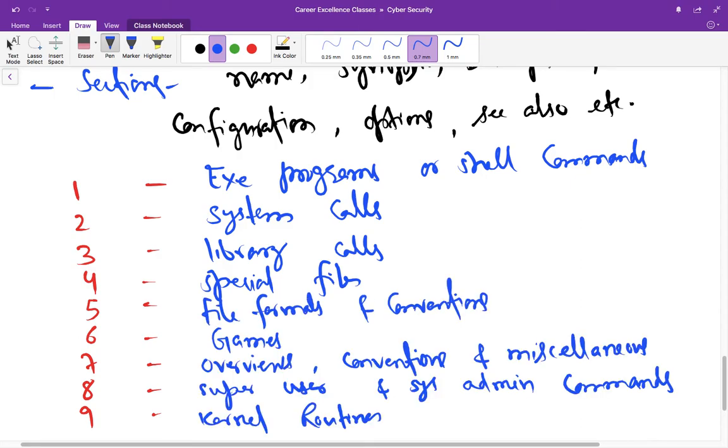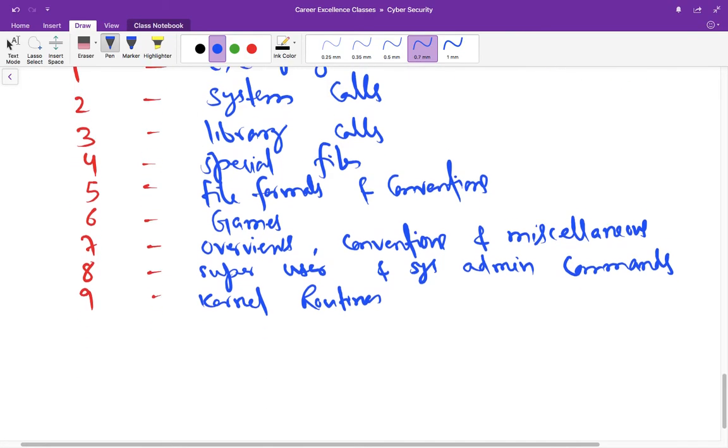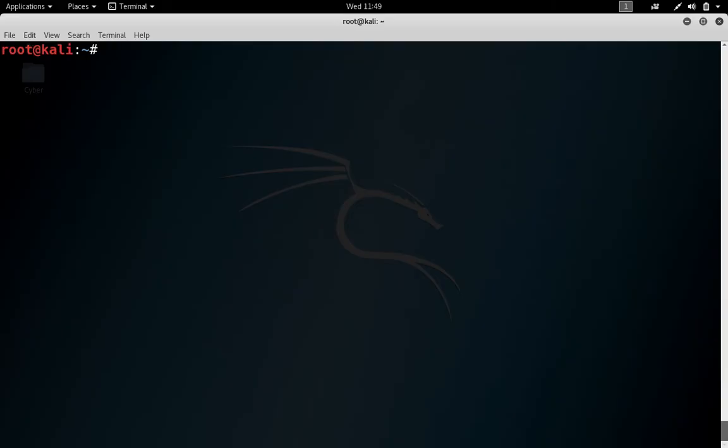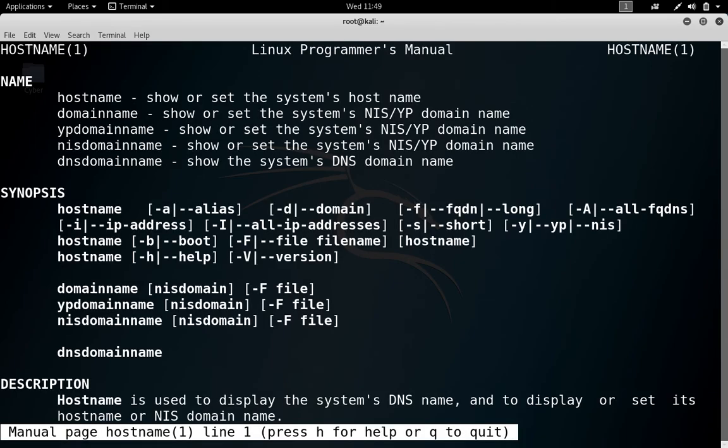Occasionally a command's man page has content from multiple areas. So one of the commands is hostname, and this command comes from section numbers 1, 5, and 7, right? Let us go to the terminal and see it in practice. So you have to type man hostname. The first time when you press man hostname, it shows you the content from the first section.